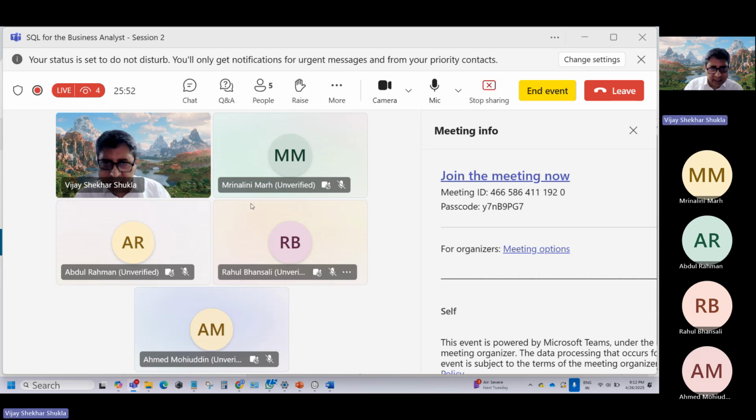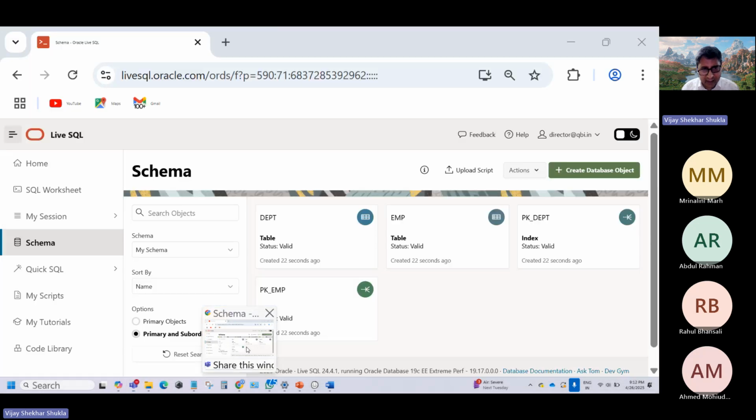So everyone, please recreate your schema, and then we will start with our current activity. Just in case those guys, say for example, Abdul and Nalini, if you are not able to recreate the schema because you did not participate in the last session, what I will do, and you can see it here what I am doing right now, I will go to my